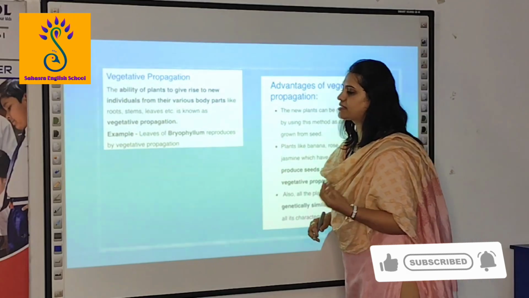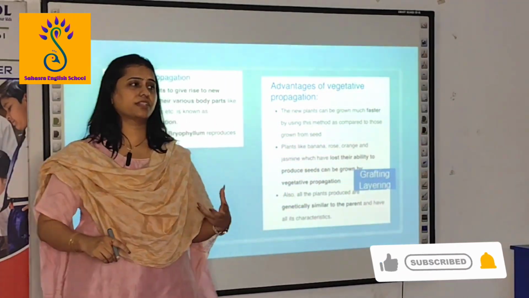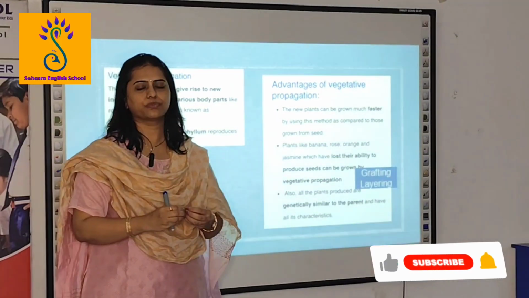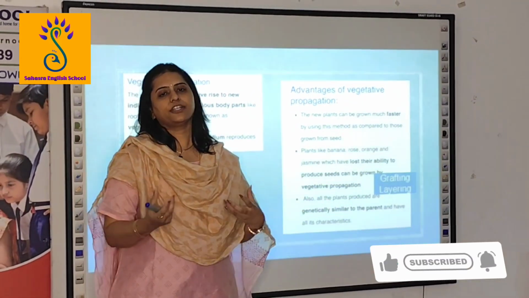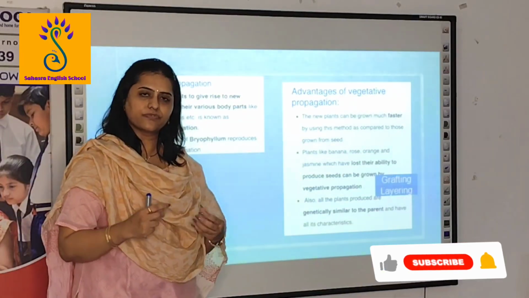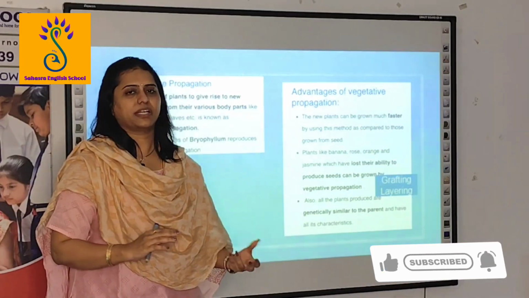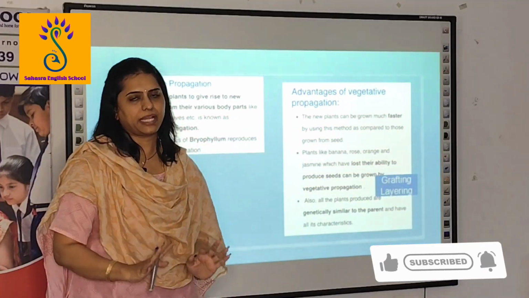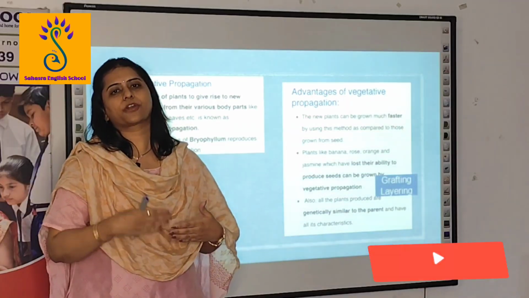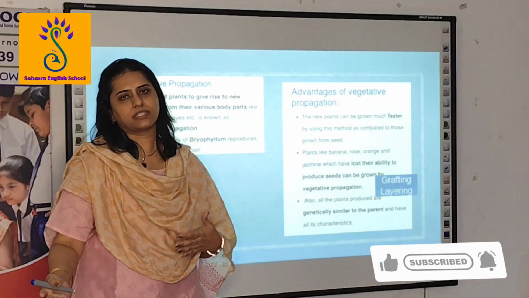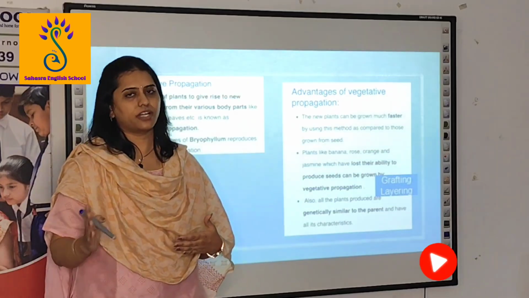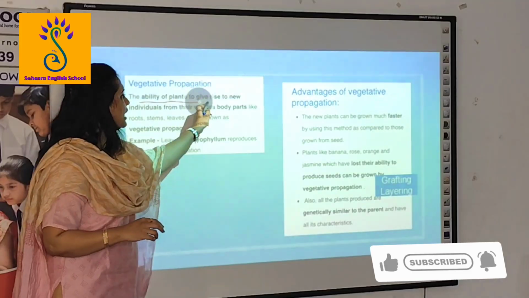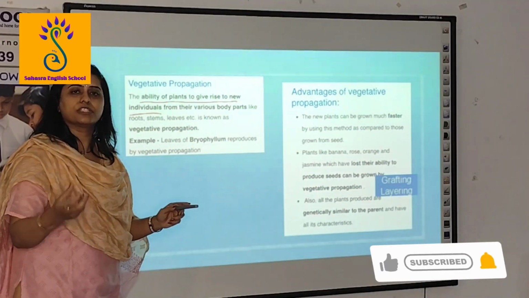Next, what are the advantages of vegetative propagation? Next to sexual reproduction is vegetative propagation. What is sexual reproduction? When a male gamete and a female gamete fuse together to form a zygote, a new plant or new daughter cell is formed. In asexual reproduction, without male or female gametes, organisms are able to reproduce their progeny or young ones. In vegetative propagation, a few plants have the ability to give rise to new individuals,